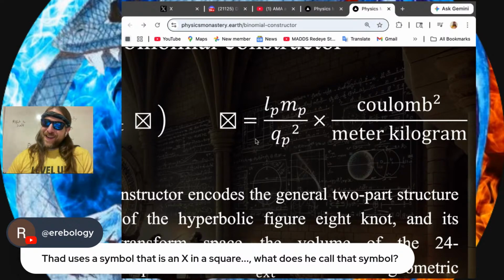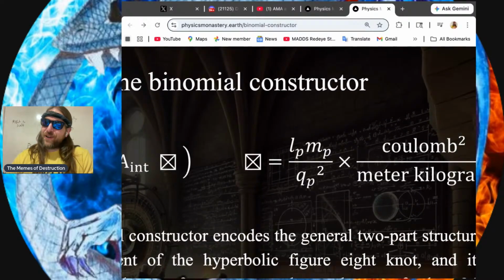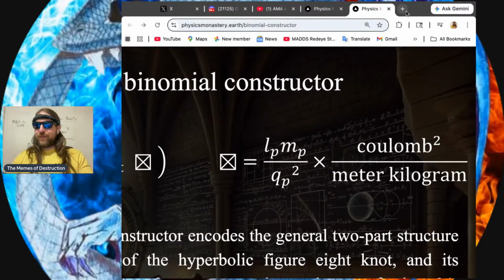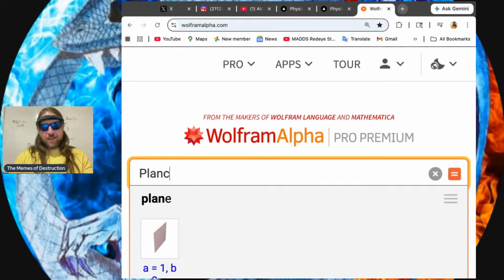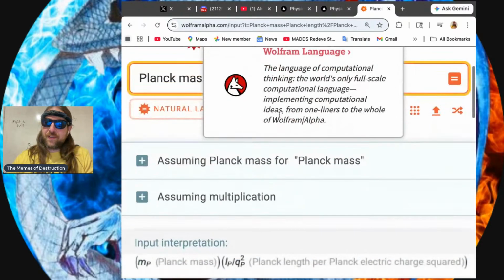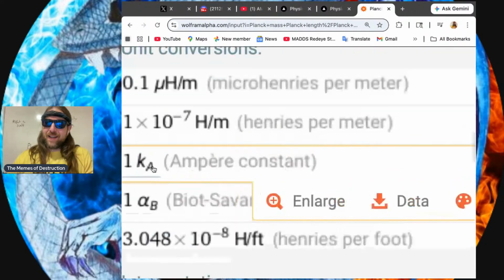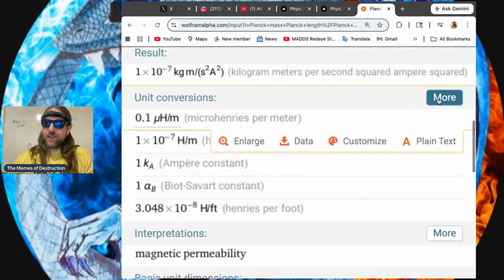If we're willing to entertain that, there are some very interesting things that can be done. At least I would claim. Now, again, I'm very biased on that, but it is what calls it the hyperbolic inversion boundary there. And if you just take Planck mass, Planck length, divide by Planck charge squared, it's going to give us Ampere's constant. As we can see, it's estimating here 10 to the minus 7, aka it is Ampere's constant, which is also